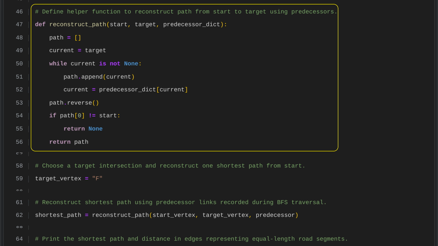To reconstruct the shortest path after a breadth-first search, we use the recorded predecessors to trace backward from the target to the start. We begin with the target, repeatedly move to its predecessor, and add each vertex to a list until there is no predecessor left. We then reverse this list so it runs from the start vertex to the target. Finally, we check that the first vertex in the list is actually the start. If it is not, we return no path, and if it is, we return the list as the shortest path